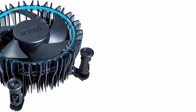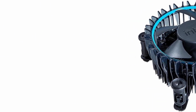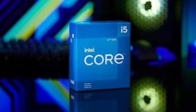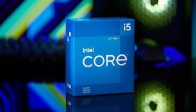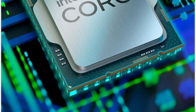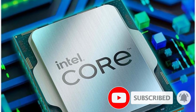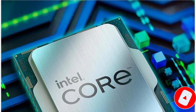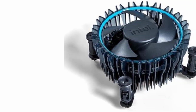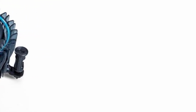And, while the i5-12400F is a locked CPU, it will provide a boost in performance over the Ryzen 5 5600. However, we like the Ryzen 5 5600 a bit more because of its ability to be overclocked. The 12400F is locked and, thus, cannot be overclocked, and it comes with a better CPU cooler. But if you don't plan on overclocking and you don't mind using the ugly Intel stock cooler for the time being, it's a solid option. Ultimately, both processors will perform similarly in terms of in-game performance,